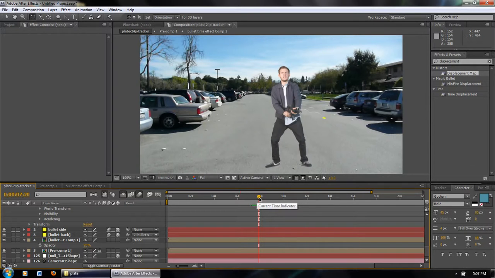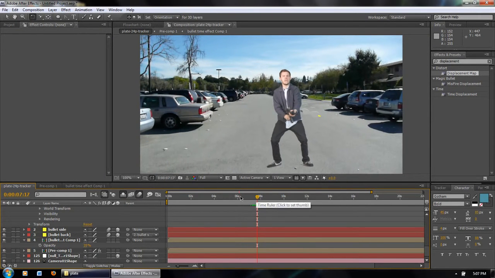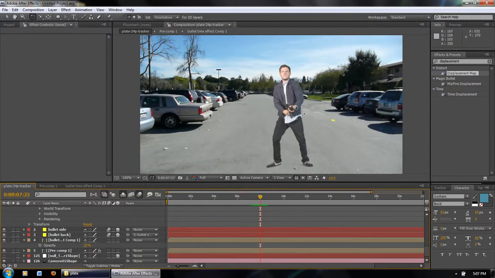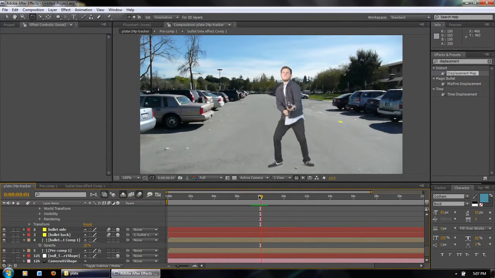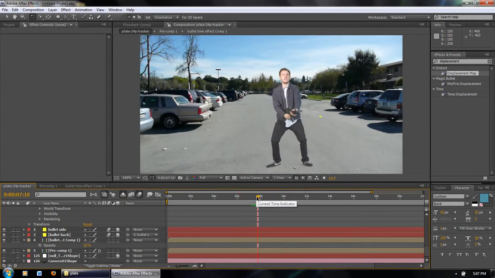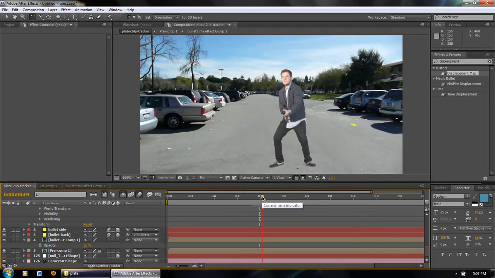Okay, so that's it for the bullet time tutorial. This tutorial covered how to track in 3D and also using particular to make a bullet time trail effect, all in After Effects, and also how to create a simple 2.5D sprite bullet to sell the effect of a flying